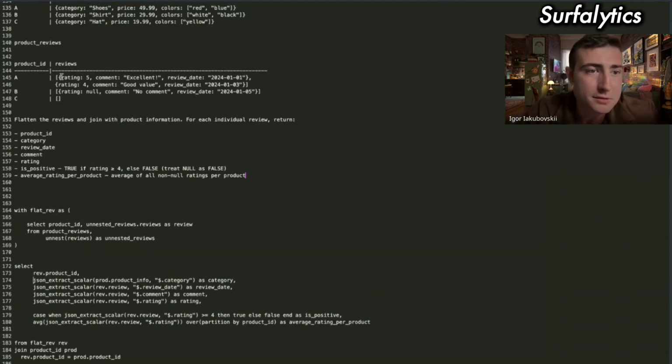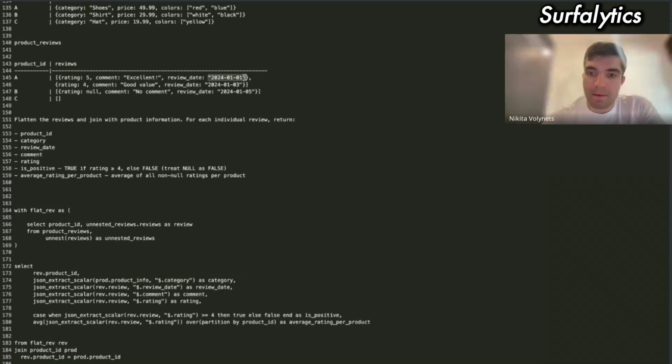Yes, we see JSON structure, key value, and the first argument is the JSON column, and the second is a key of JSON: category, review date, rating, etc. And we extract the values. Comment.